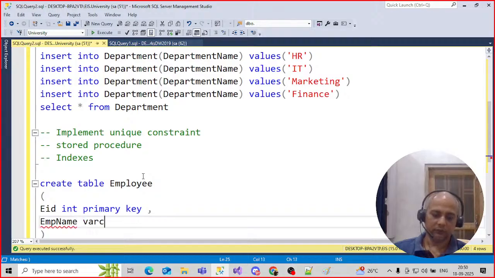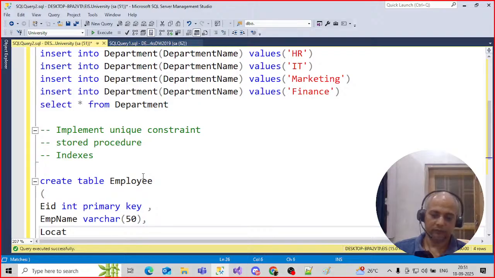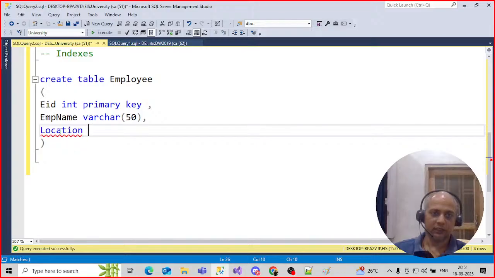So we are making it varchar 50. If this one is changing the color, that means these are some reserved keywords in SQL. Sometimes these work, but we can change the column name. So let us take varchar 50, or you can say 150,